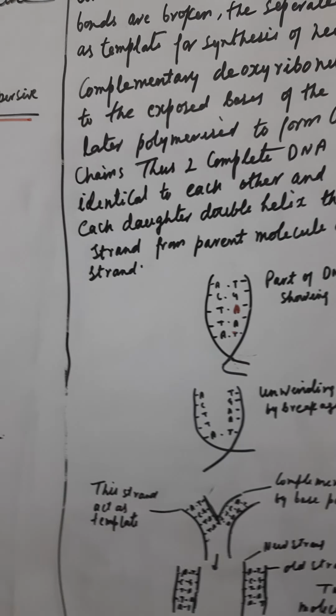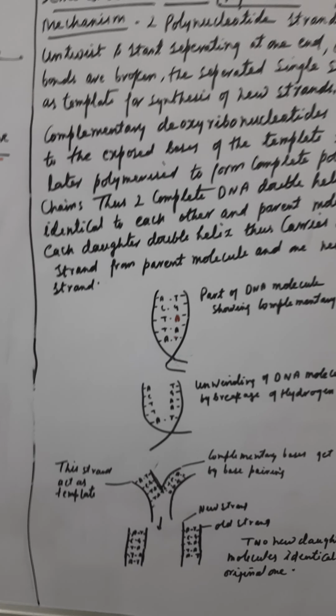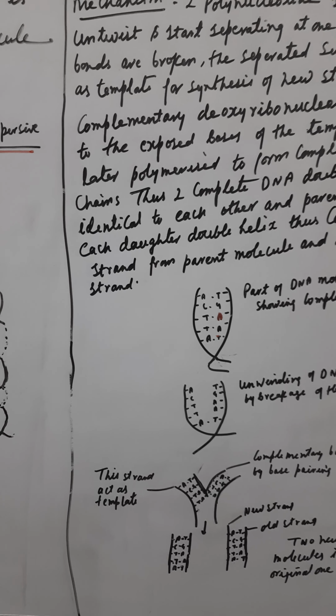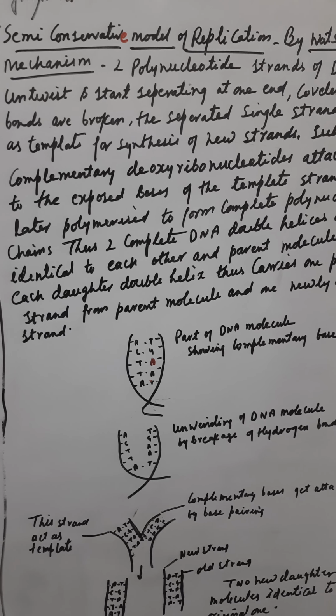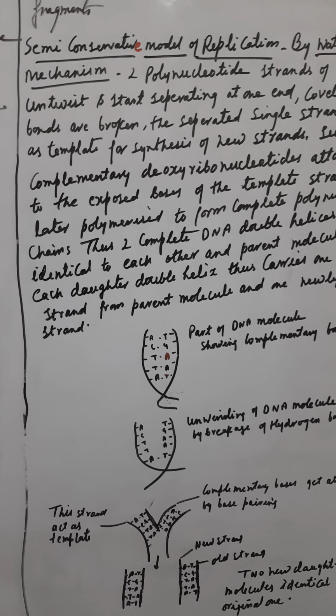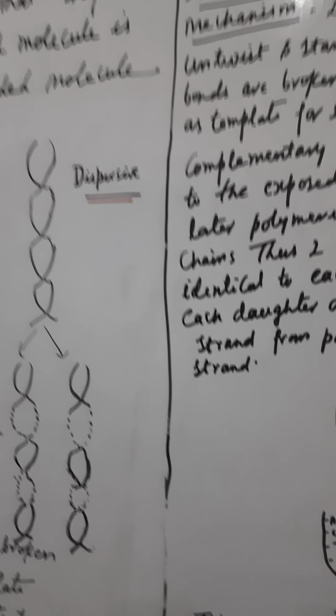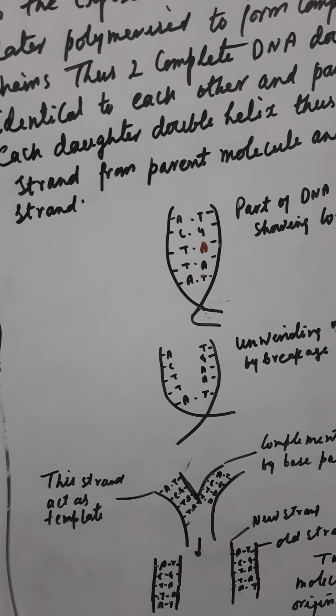Now, for the conservative and dispersive replication, you must know the difference, which I have explained, and the semi-conservative model of replication also. First of all, you give the definition, what it means, and then the various processes along with the diagram